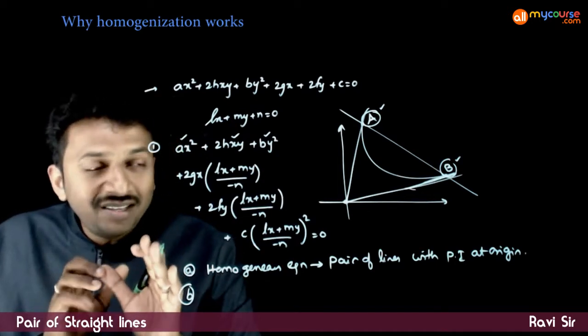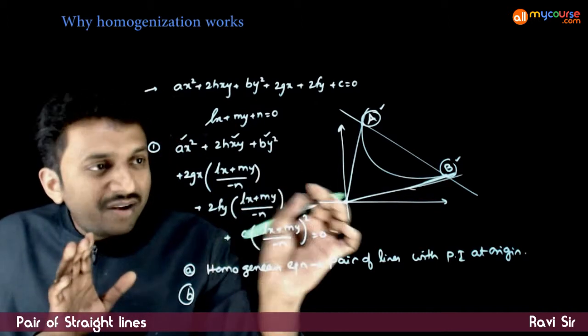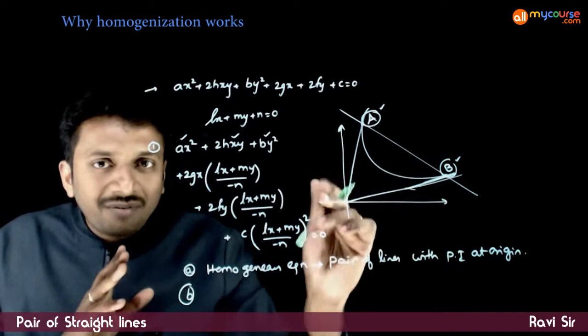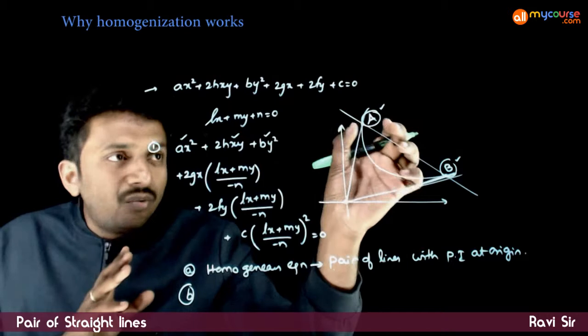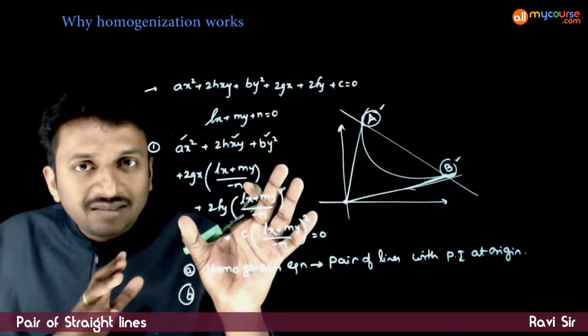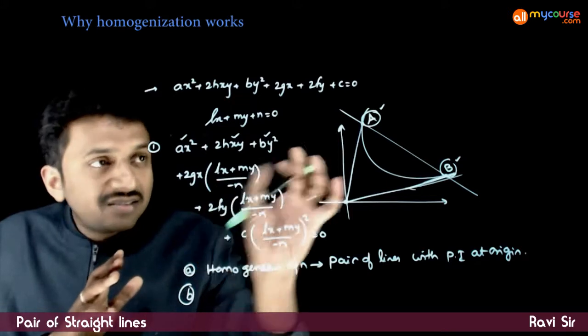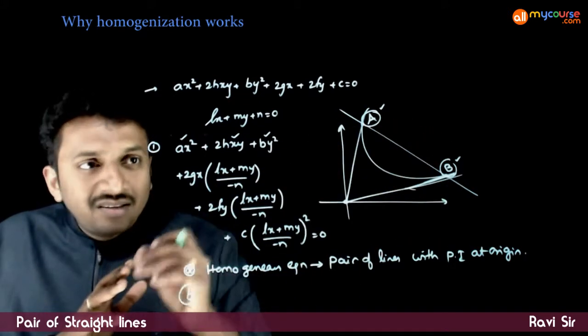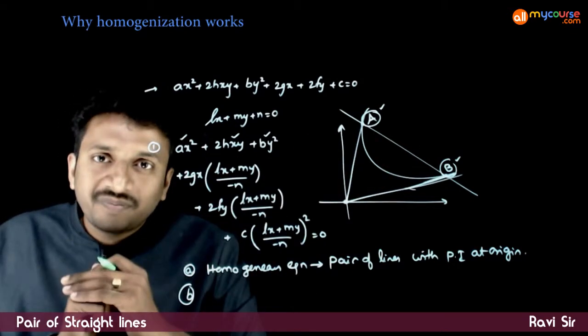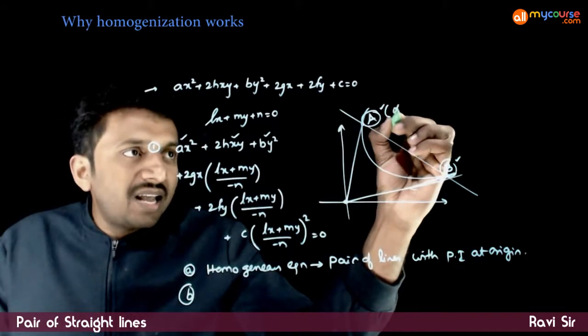Because we have already seen that this represents a pair of lines through origin. Now if you arbitrarily draw any pair of lines, they won't be satisfied by A and B. So if this pair of lines satisfies these points A and B, then this equation has to represent this pair of lines. Now if this point is alpha comma beta